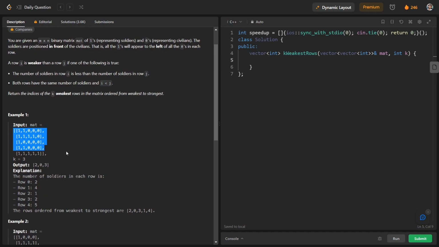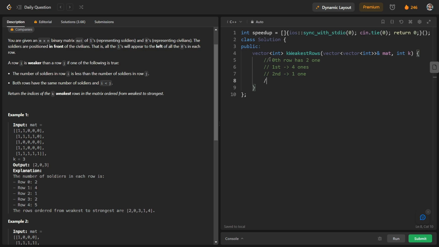So you can see that in this matrix, the 0th row has 2 soldiers. I am going to write here: the 0th row has 2 ones. The first row, you can see, has 4 ones. The second has only 1 one.